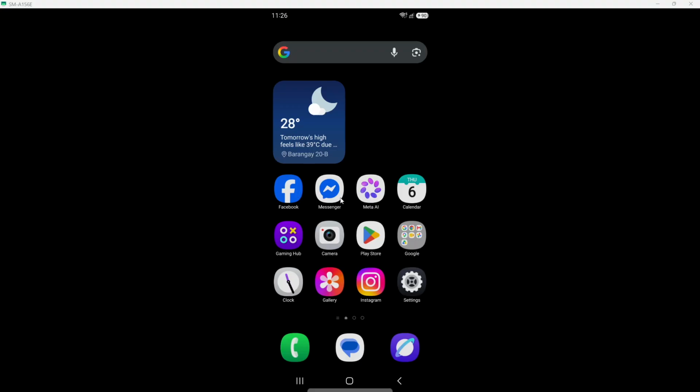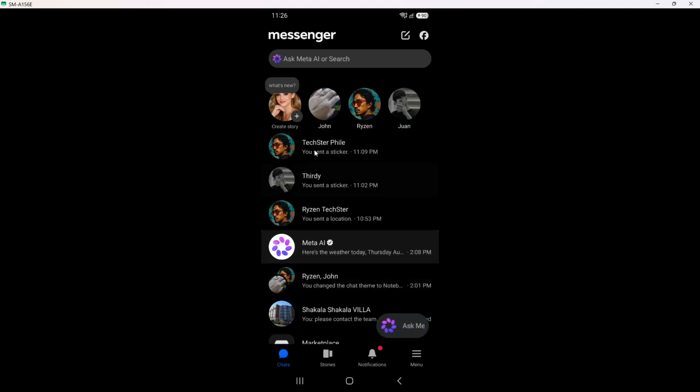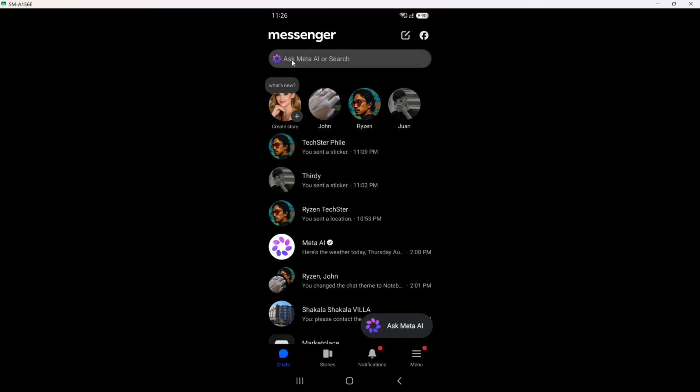To begin, open Messenger. Look for the familiar Messenger app icon on your phone and tap it once. When the app launches, you should land on your Chats tab, showing your recent conversations and group chats. If Messenger asks you to log in, use your regular Facebook account, then you will see your usual chat list appear.